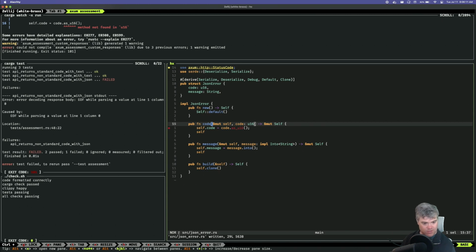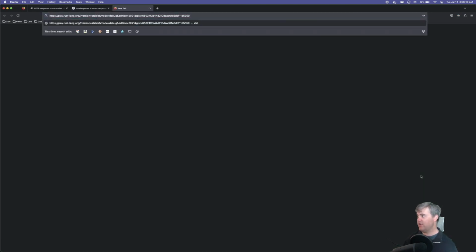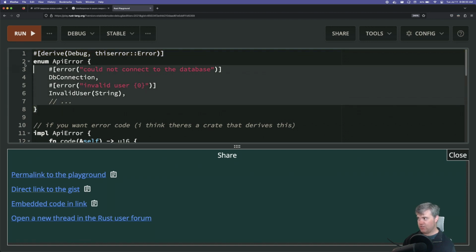Ooh, you threw together your idea. Let's take a look at it. This is for your serialized, like your error message, right? API error. Okay, so you have your error, cannot connect to the database. Okay, so you have a standard internal error from this error.